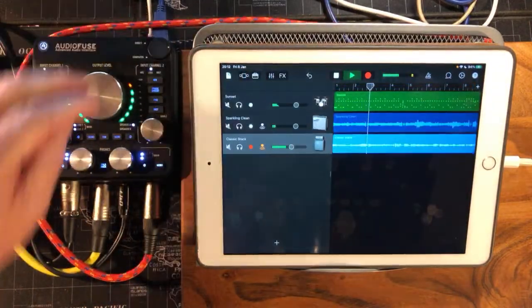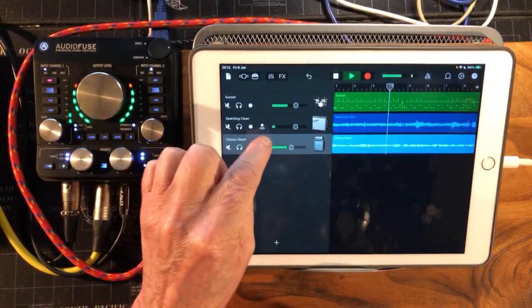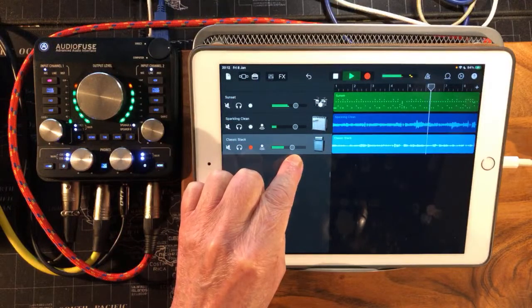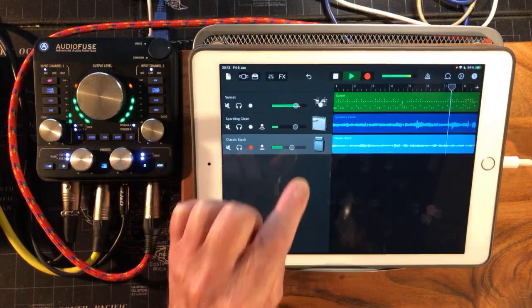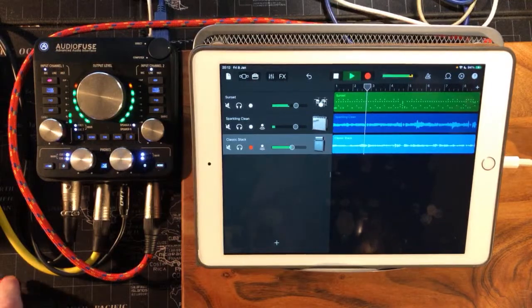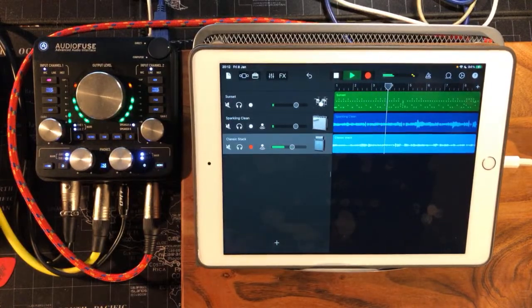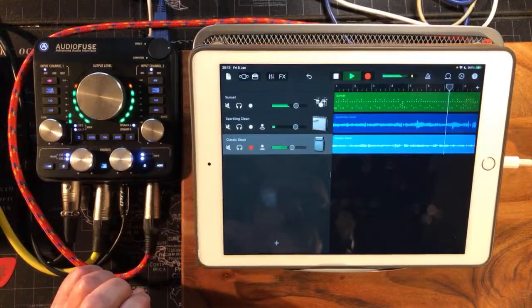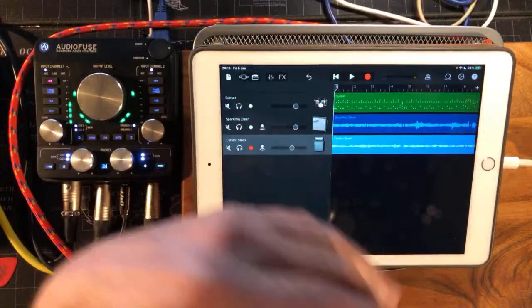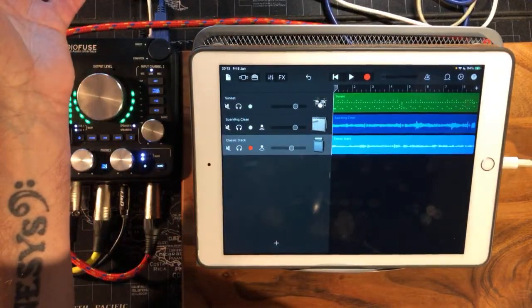So we've got some guitar, bass now. So you must be able to see the idea that if you're a songwriter and you've got some...